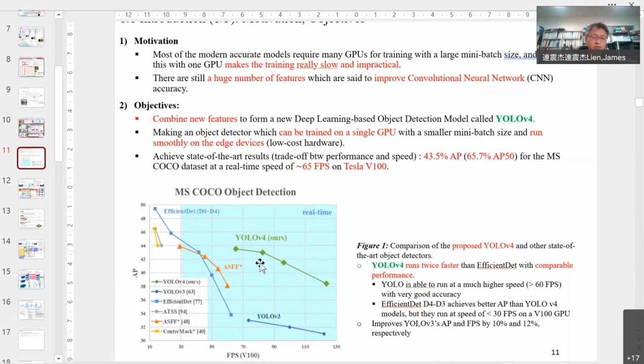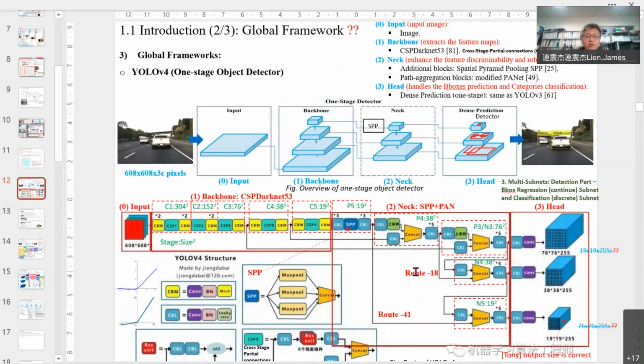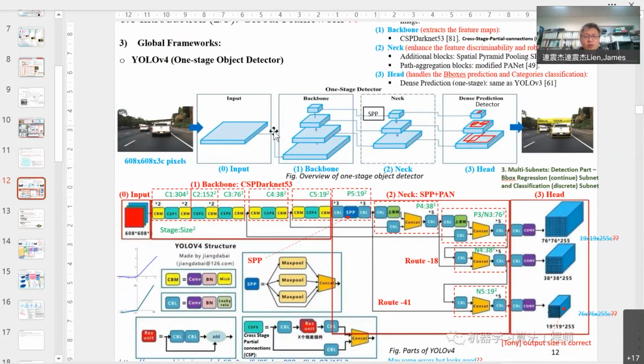So we go back to here. YOLO V4 is here. That's good, and there's more detail about YOLO V4. This one is only one stage, and this one is not YOLO V4. They just talk about this as one stage. The YOLO V4 paper has this one, but let's just talk about it as one stage, because YOLO is one stage.